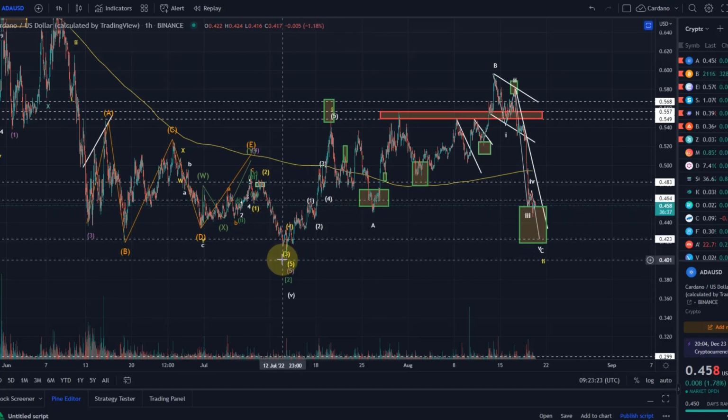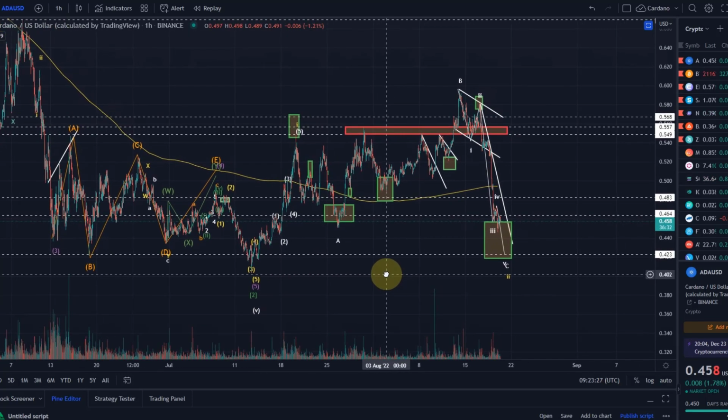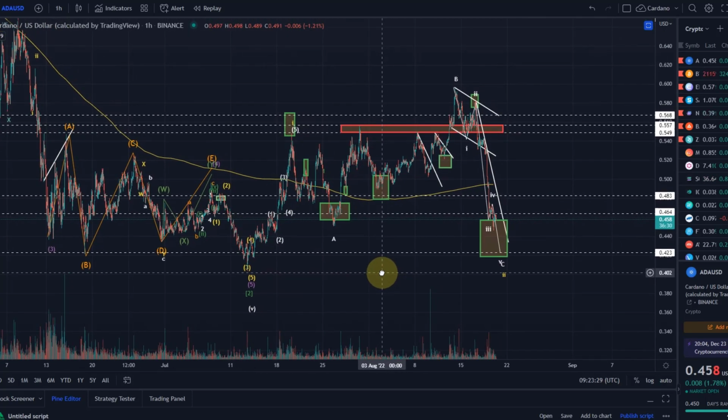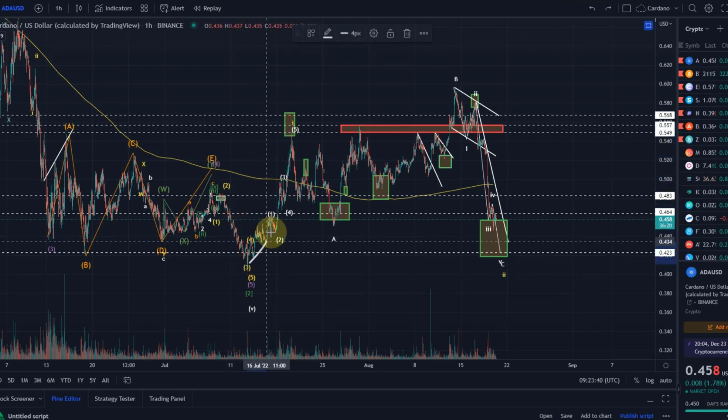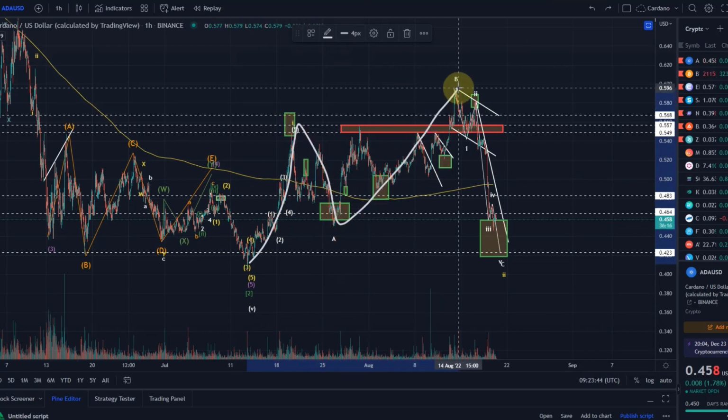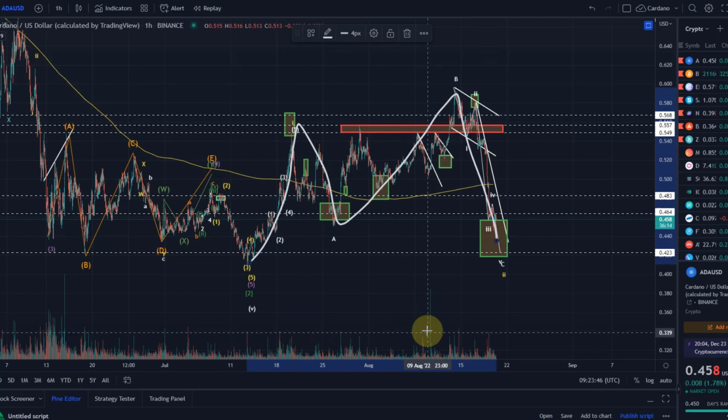So if we take a look at ADA at the moment, we can still make it work from a bullish perspective, but this is basically the last straw it has. So in the best case for the bulls, what we have seen here was a wave 1, then an A, B, C in a wave 2. So we've seen a 1-2 pattern.